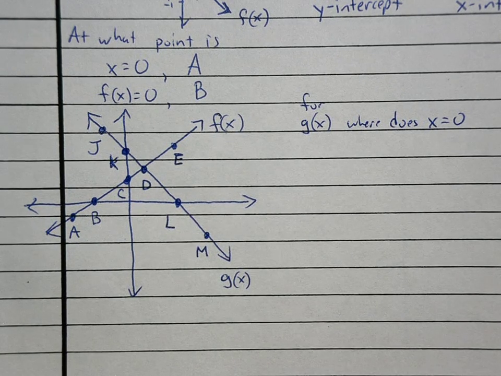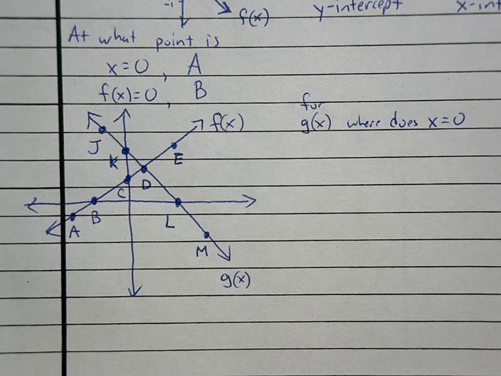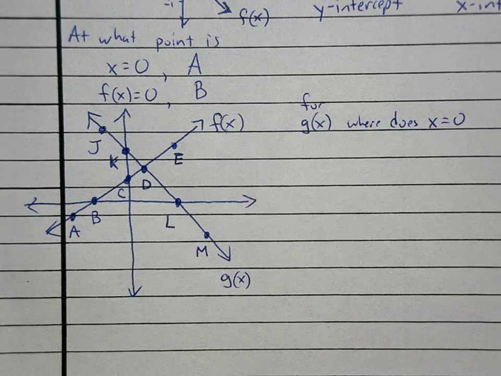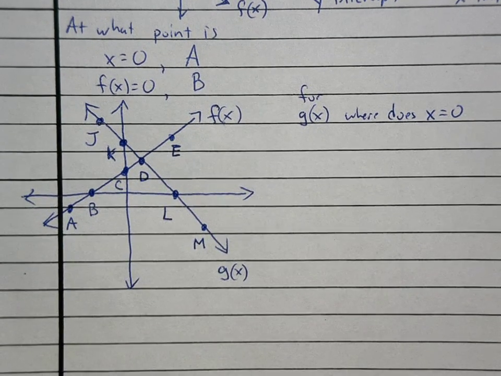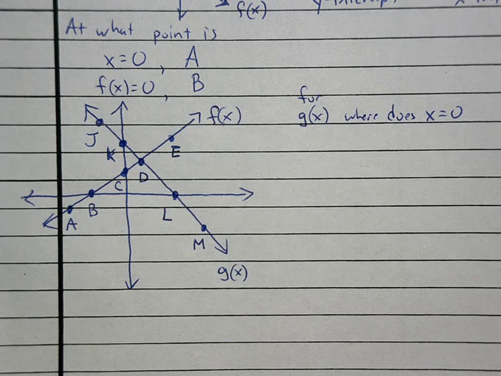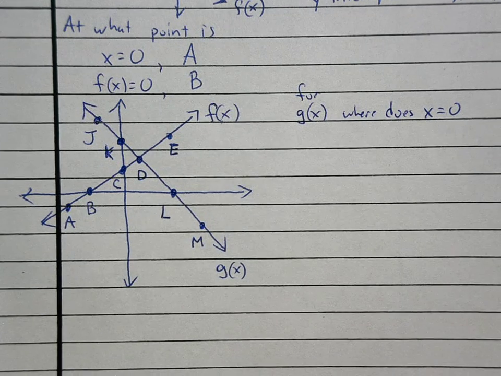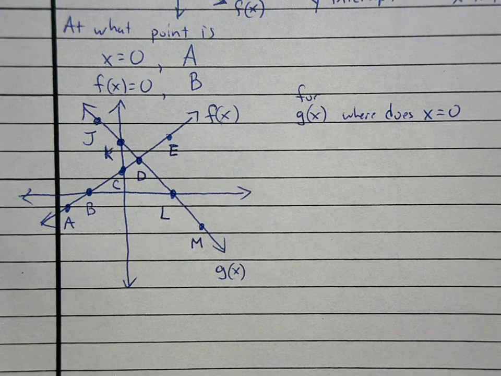Oh, I think it'd be K. Point K. Because that point would be x, y, it would be 0, and I think it'd be K. But why isn't it C then? C is f of x. Oh, right. Okay,